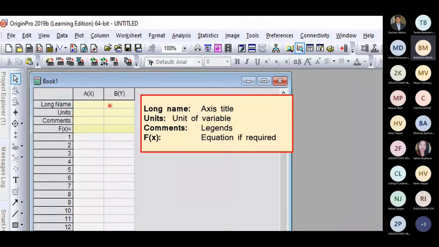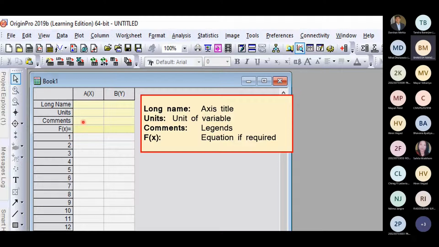So here first is the long name, that is the axis title. Here the main title of the particular data we have to add. After that the unit of that data, right? If every data is properly filled, then all this will reflect in the plot. So the respective unit is to be mentioned here. In comments, one can add what you want to appear in the legend of the graph, right?